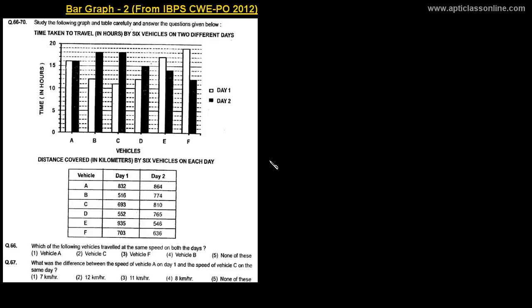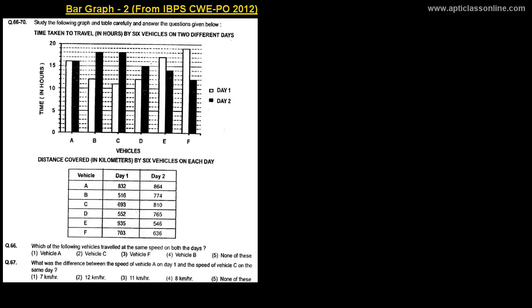Welcome to the class. In this class, we will discuss bar graph with the help of this example. This question has been asked in the IBPS Common Written Examination of PO in 2012. So as we see, in this question there are two graphs: one bar graph above and one table below is given. On the basis of the information given in this table and graph, we have to answer